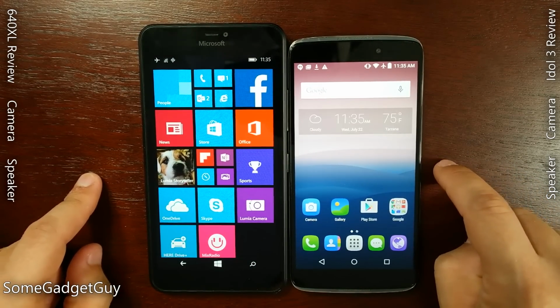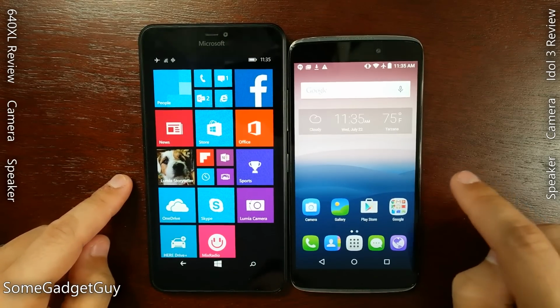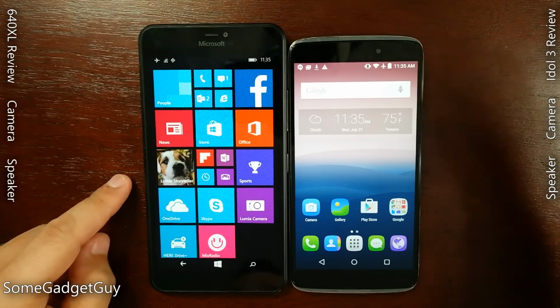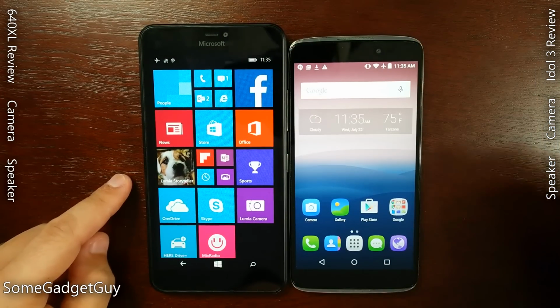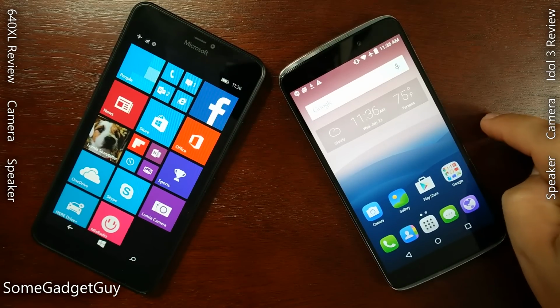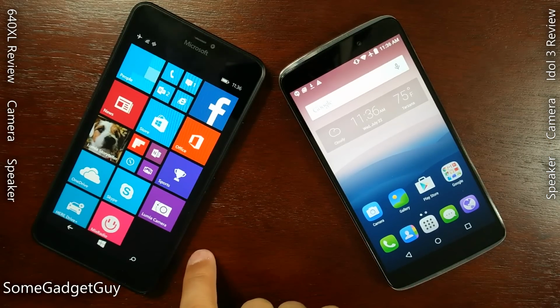This is a 5.5-inch display, this is a 5.7-inch display, but the Alcatel has one of the best screen-to-body ratios of any smartphone released this year, even with its front-facing stereo speakers. We're also dealing with the resolution advantage on the Alcatel. Not only is this a smaller screen, but it's also a 1080p LCD as opposed to the 720p LCD found